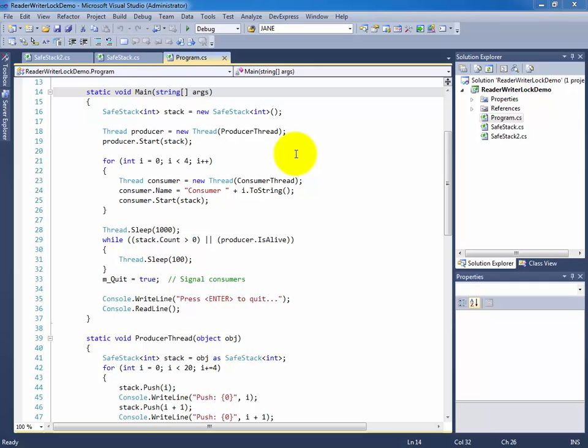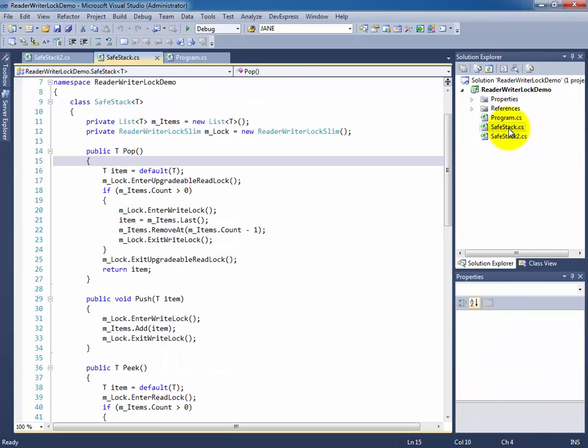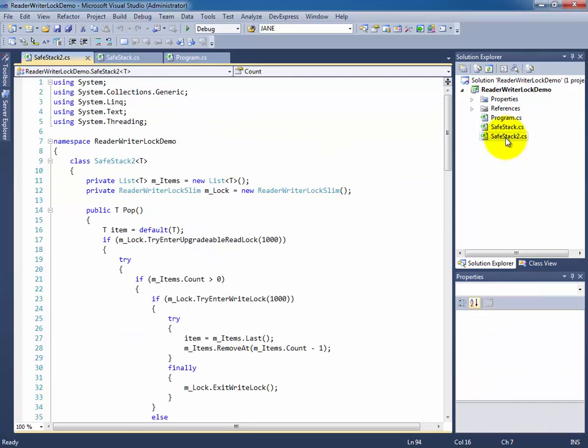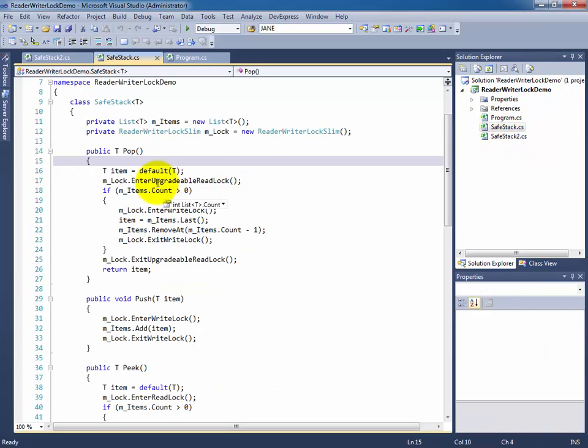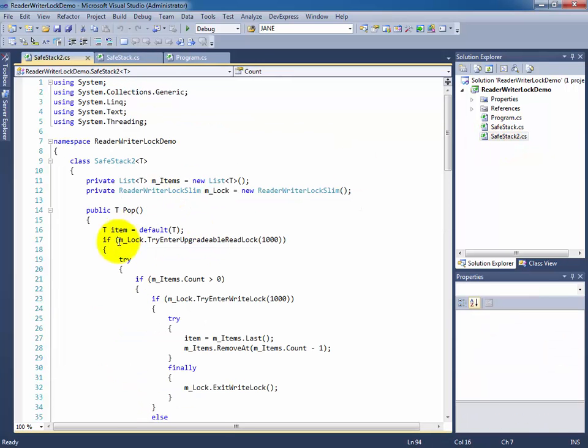actions. So for this example, I have two SafeStack classes. I have a SafeStack class and a SafeStack2. If you were to look at both of them, you would notice that they're virtually identical, except the difference is in SafeStack, all of the calls to enter the locks will block until they obtain the lock. The SafeStack2 class, however, employs a timeout. Like in this case, we have a 1,000 millisecond timeout to try to enter this upgradable read lock. So with SafeStack2, we would time out if we do not acquire a lock in a given amount of